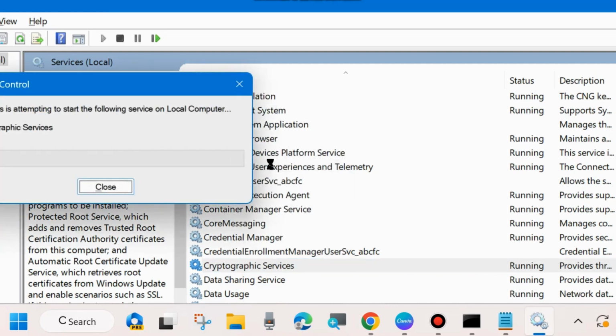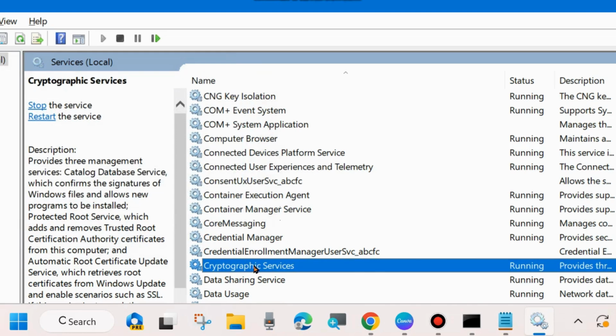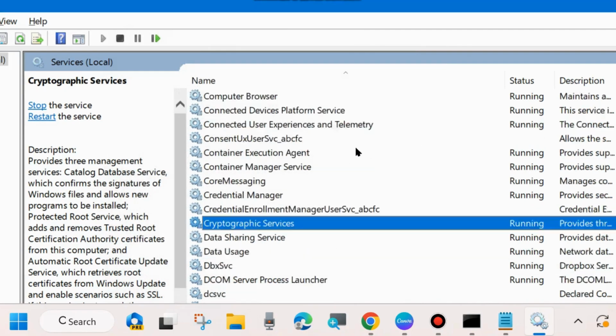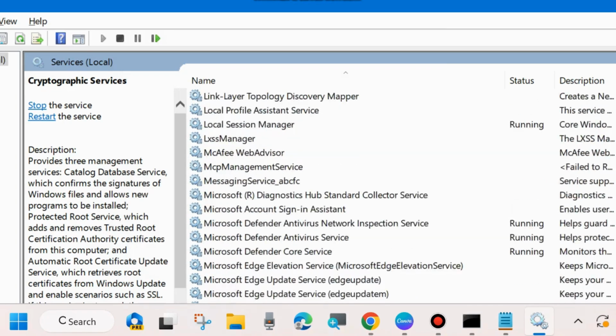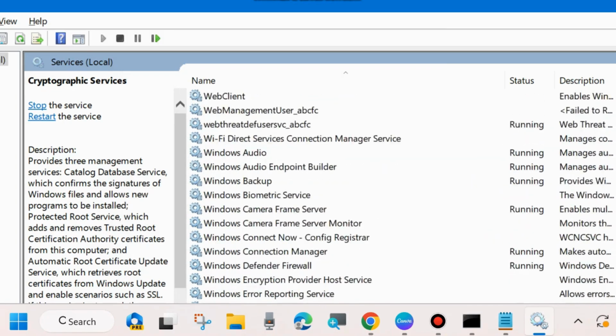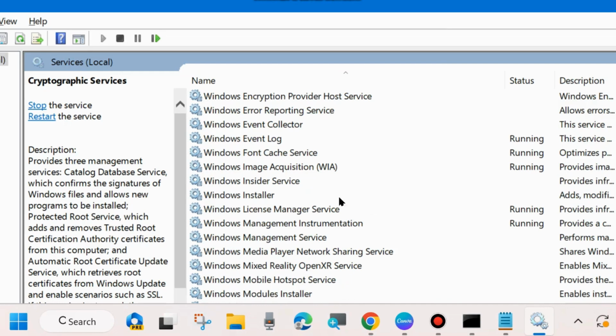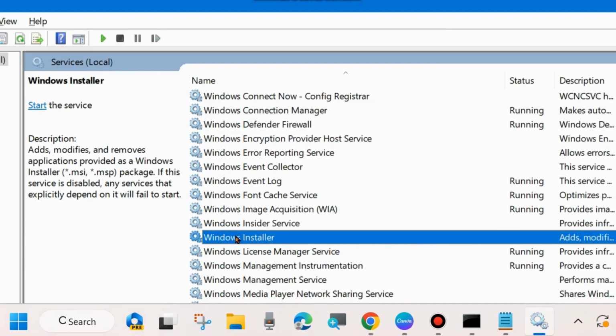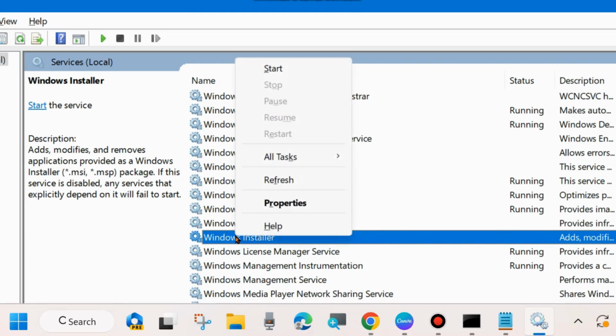Apply, double click on it to open its properties and set the startup type as automatic. Press apply and OK to save the changes. And the third service is Windows Installer service. Scroll down and you will find the service, Windows Installer. Same process, right click on it and choose start or restart,